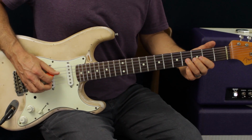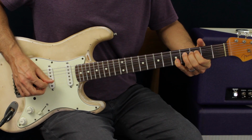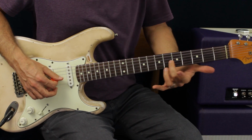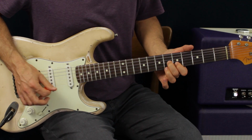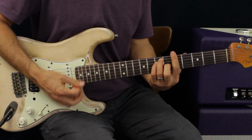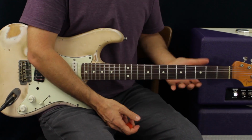That's why this Southern rock style lick works. Because you're bending this note to the third, and you're also hitting that note right there, which is part of that chord up here. My guitar's a little out of tune, but it's rock and roll, baby! So,